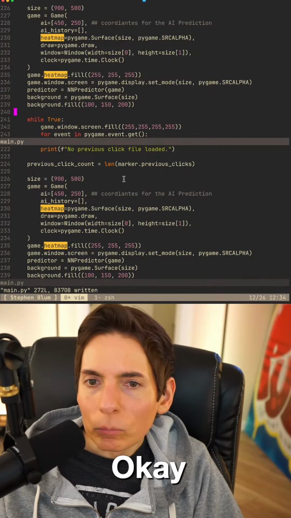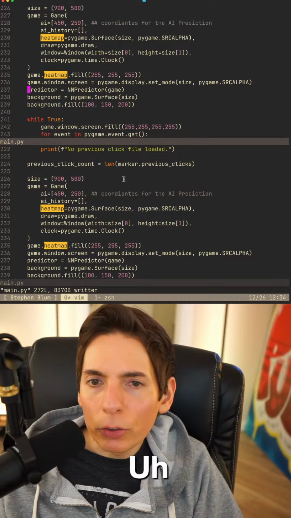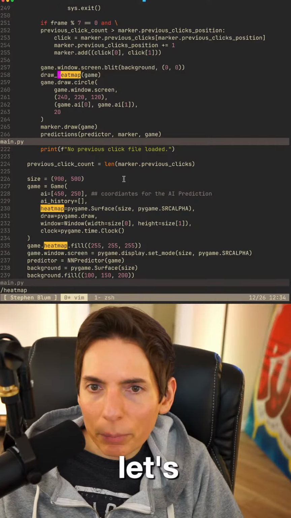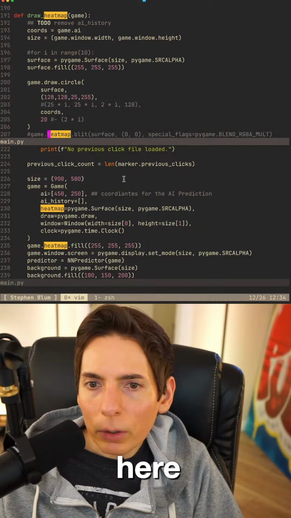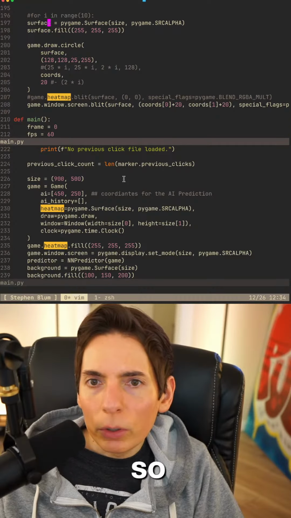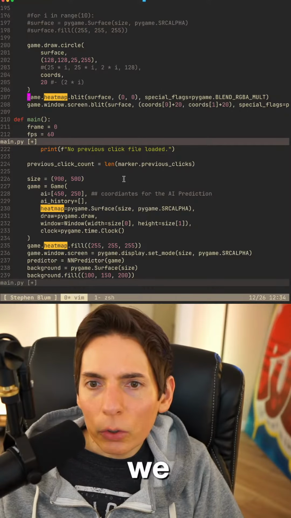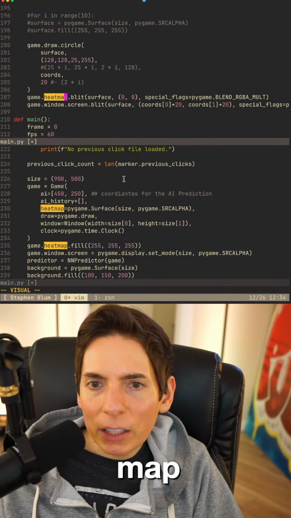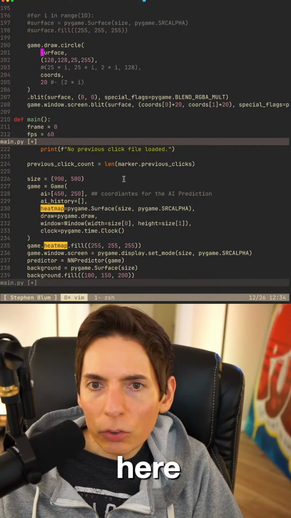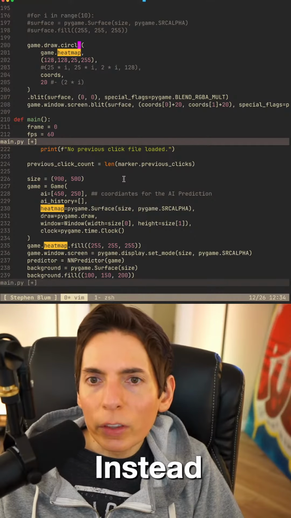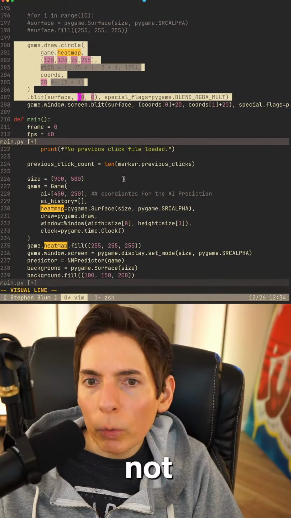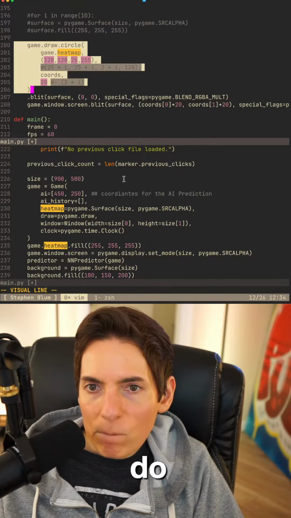Okay. Where were we at? All right, so we filled the heat map. So let's go back up here. Right here. All right, so we don't need that anymore. We are going to use heat map here instead. Although this draw circle might not do what we want it to do. We'll find out.